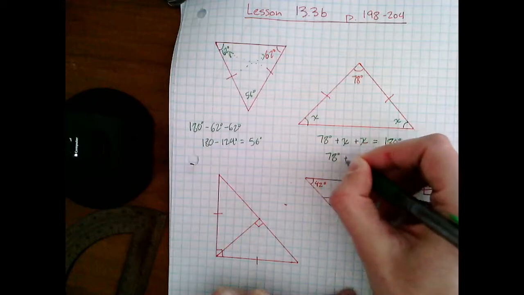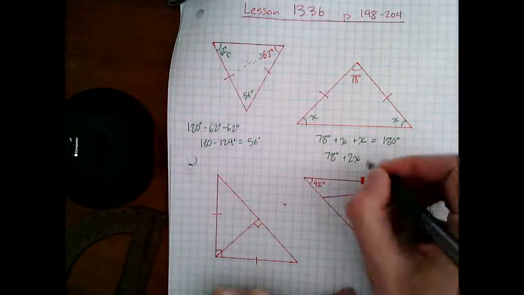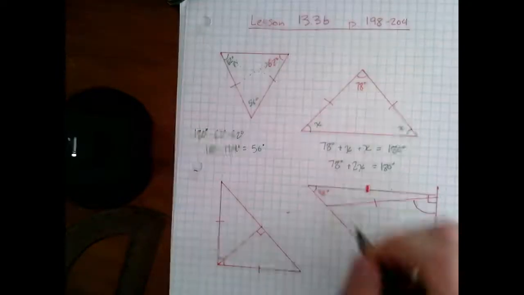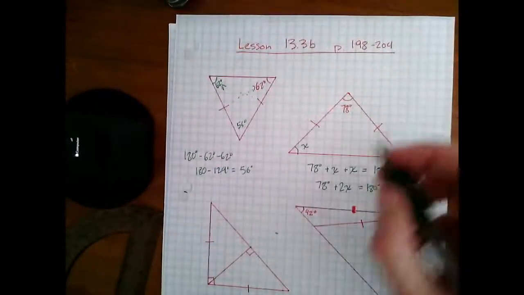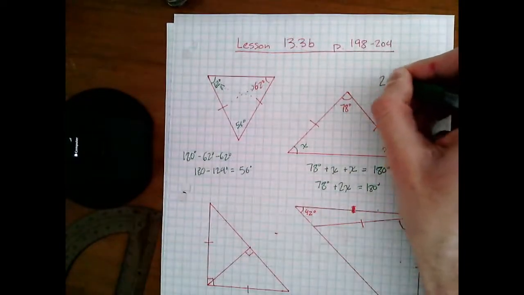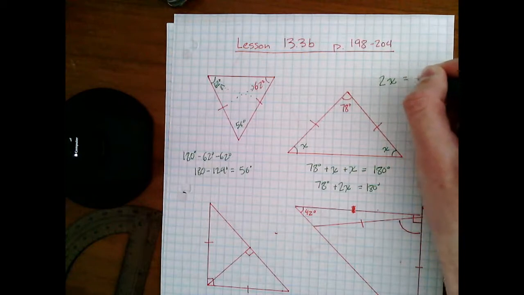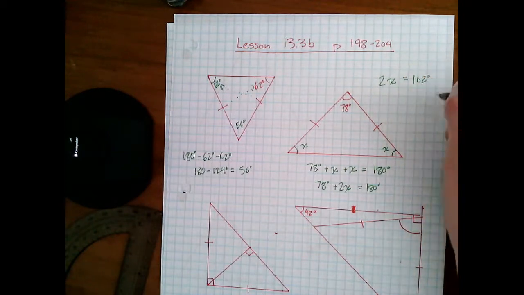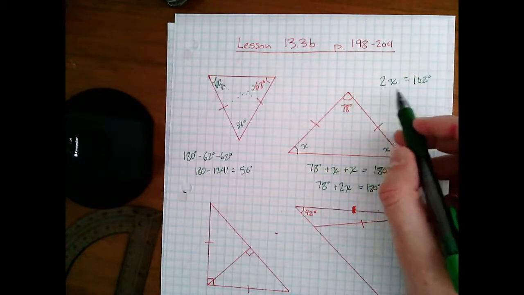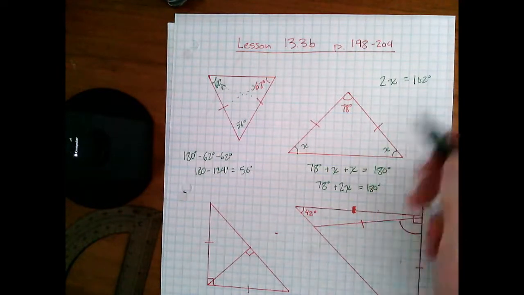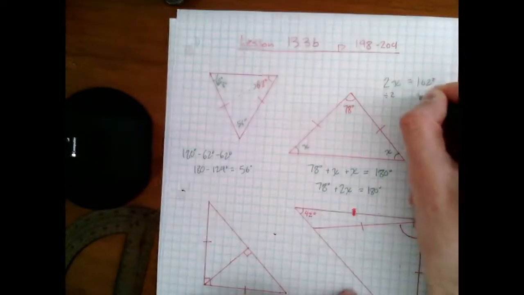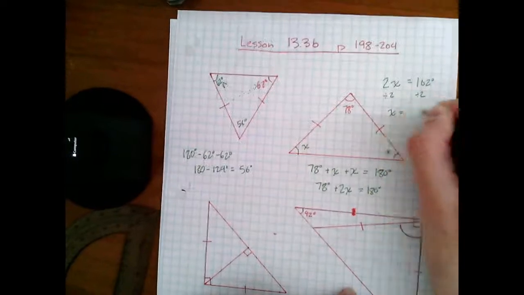78 degrees plus two of those x's is equal to 180 degrees. If I subtract 78 degrees from both sides, I'm running out of room, so I'm going to move up here. If I subtract 78 from both sides, 2x's is equal to 102 degrees, which means 2 times some number is 102. Or if I just divided 102 into 2 different groups, I can find out that x is equal to 51